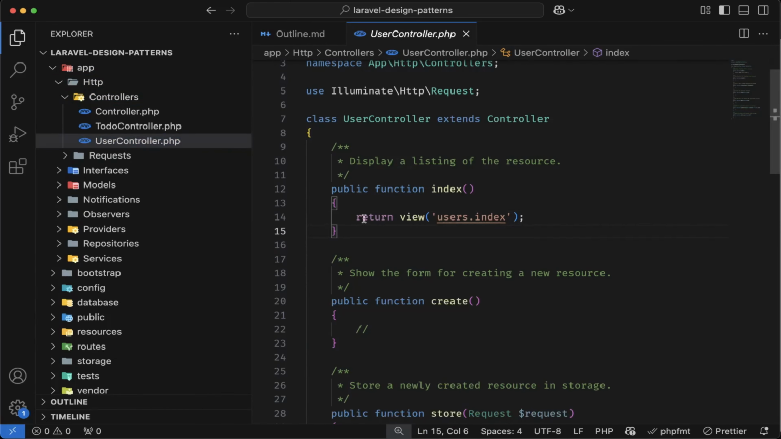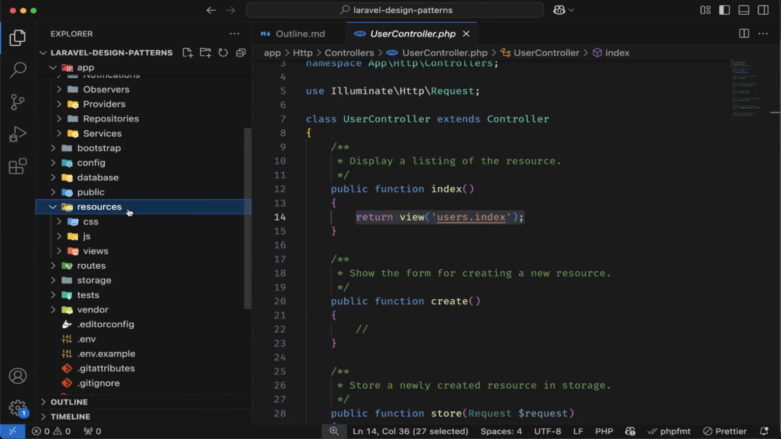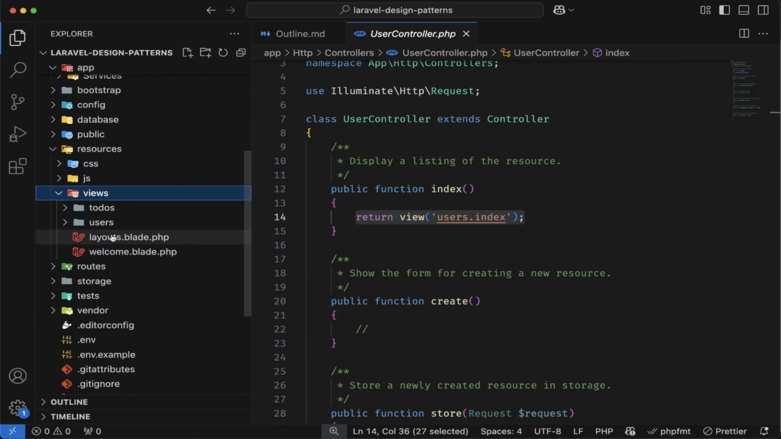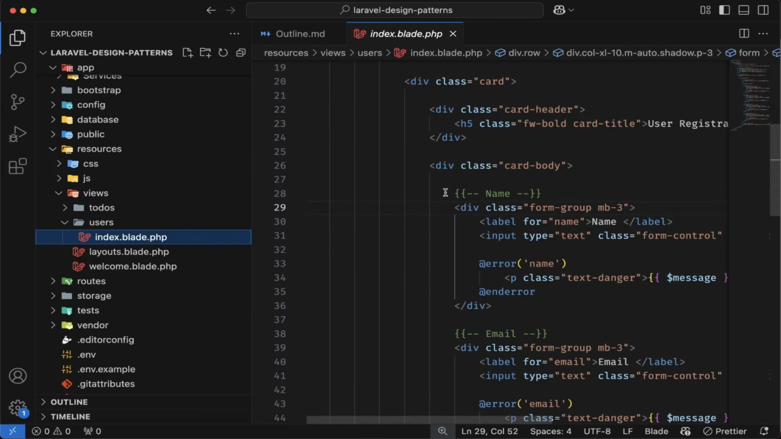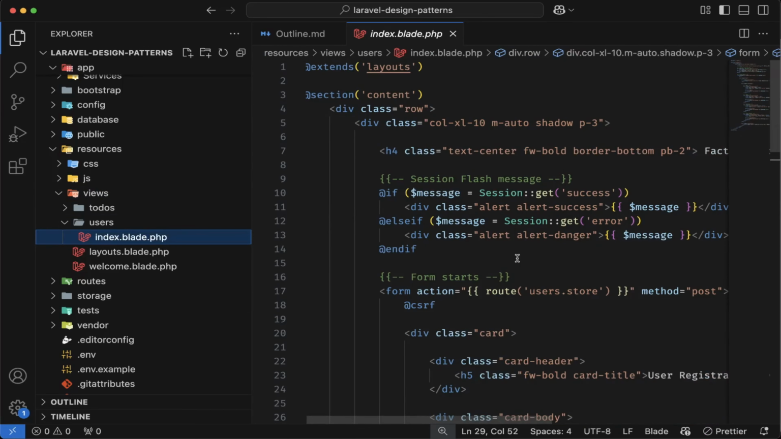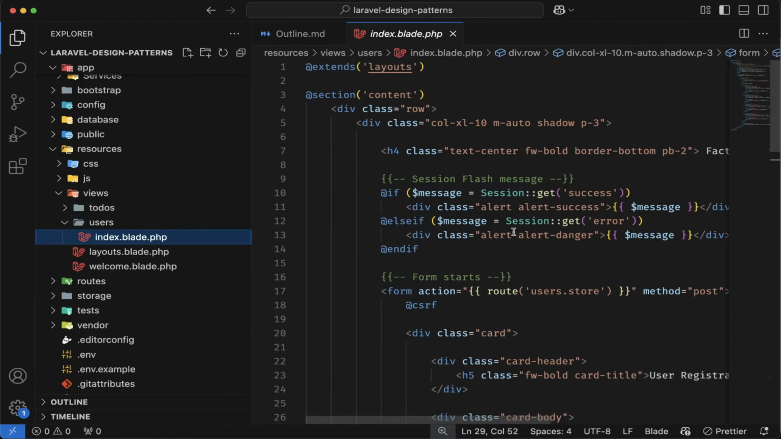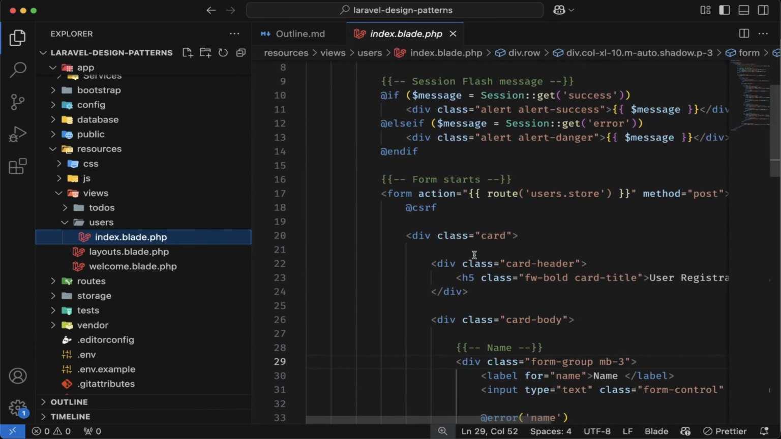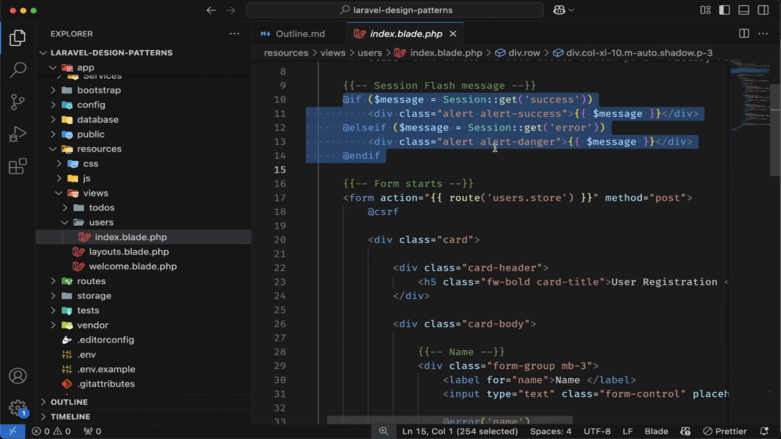Inside this, I just rendered out this users.index blade. So inside the resources views, I have a folder as users. Inside this, I created a blade as index.blade. Inside this index blade, I have a basic registration form in which I have extended a master layout for the bootstrap layout. Inside this, I have created a card, and here I already captured the session flash message for success and